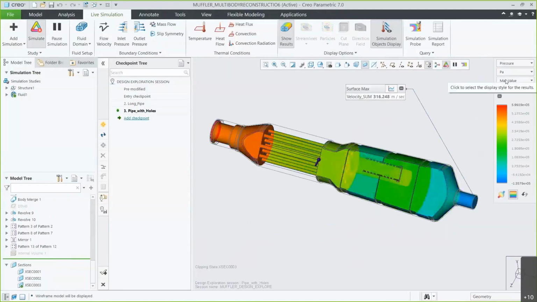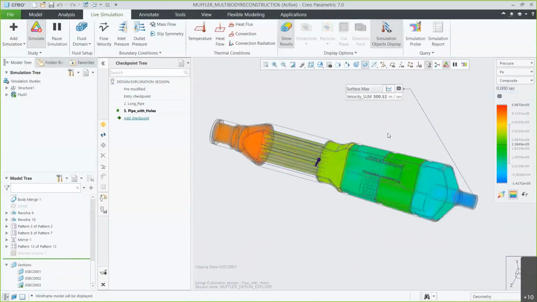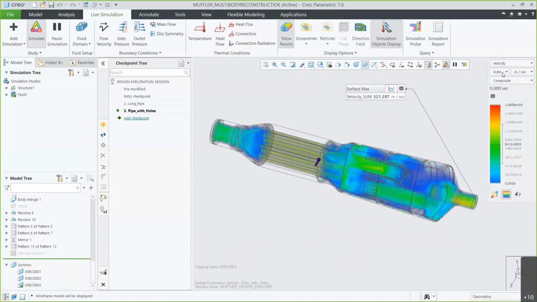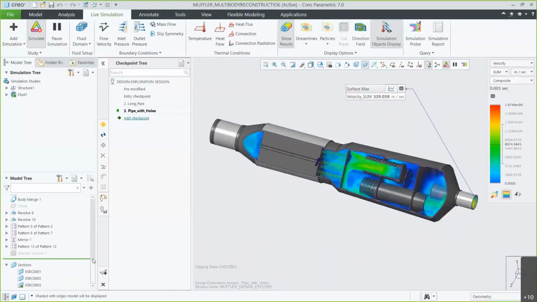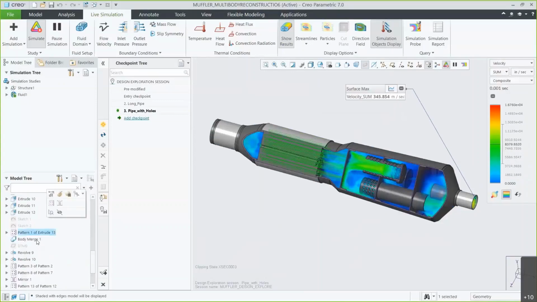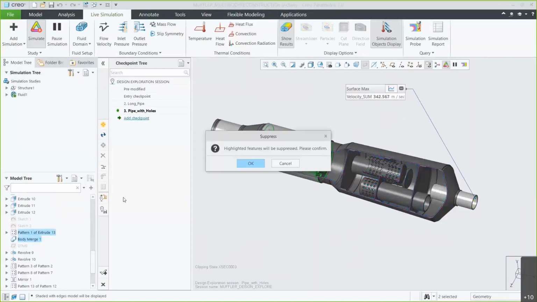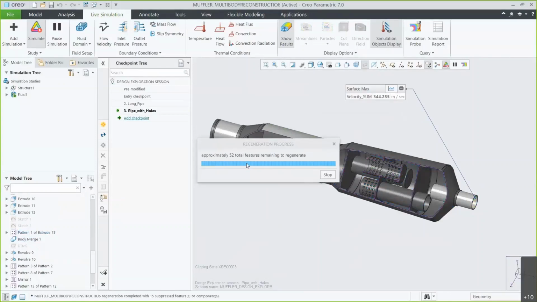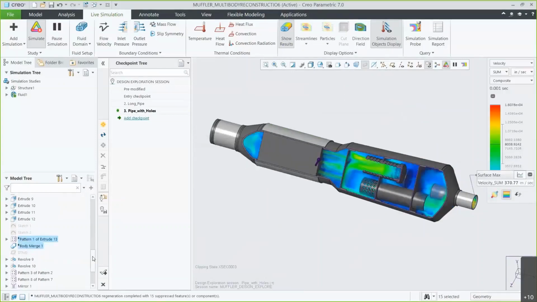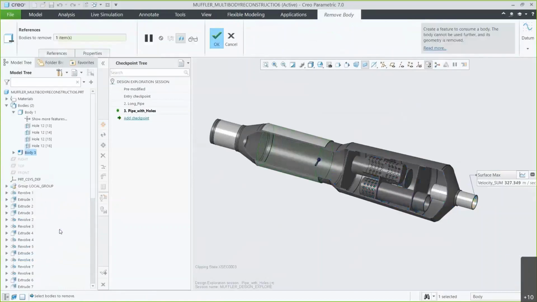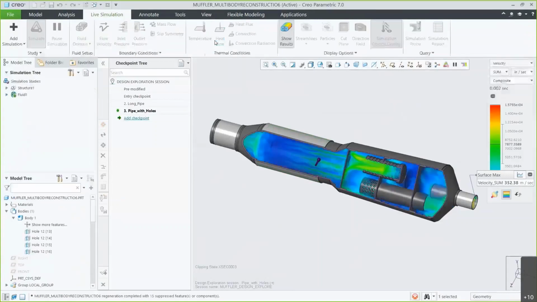Now I'm pretty happy with where I'm at more towards the outlet. So let's direct our attention more towards the beginning of that flow. Right now we basically have a solid cylinder with a bunch of pipes going through it, but I want to make a change to that design. So first we'll clear out that feature that I have right now and instead start with more of a clean slate that I can begin to add to. We're also going to use one of our multi-body commands to very quickly remove that body from the model. So select that, activate, and with that area now cleared out,